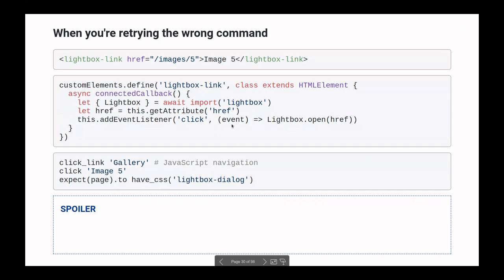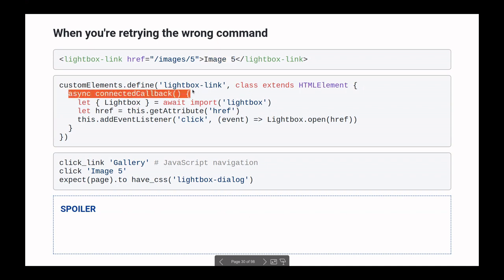So in this example, we introduce a new custom element. This is something that you can do in HTML. You can invent new HTML elements like this. In this case, we want to make an element that when you click on the label, it will open the photo in a lightbox. This is like a kind of modal dialog where the background just goes dark and we see the photo as large as we can. And this is one way that we can implement such a custom element.